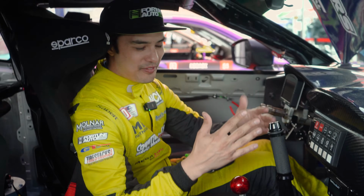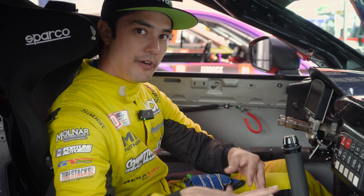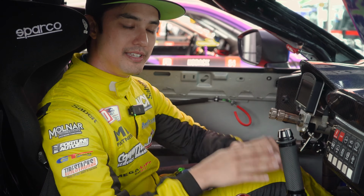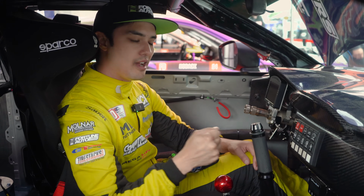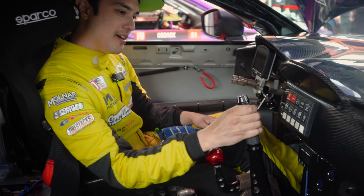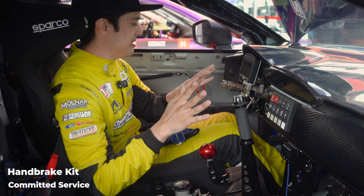Well, basically it just fits, right? It works correctly. It feels really, really nice. I actually prefer it over the other dog box that's in the FD-RX-7 because it just feels very sturdy and very stout. So similar to the RX-7, we have this committed handbrake, really easy to grab, love pulling it, makes